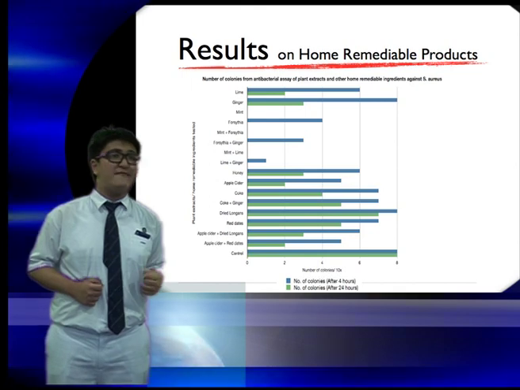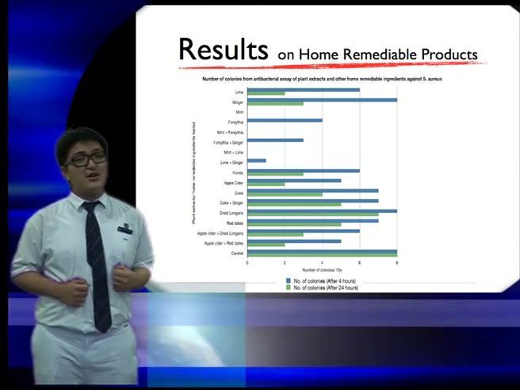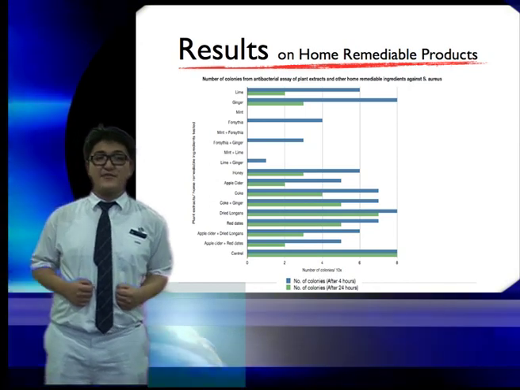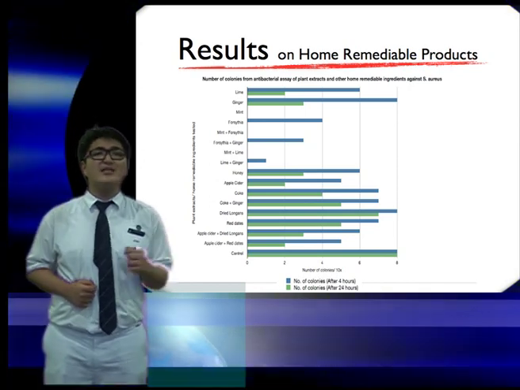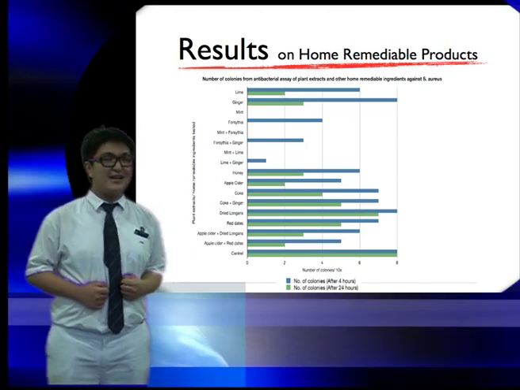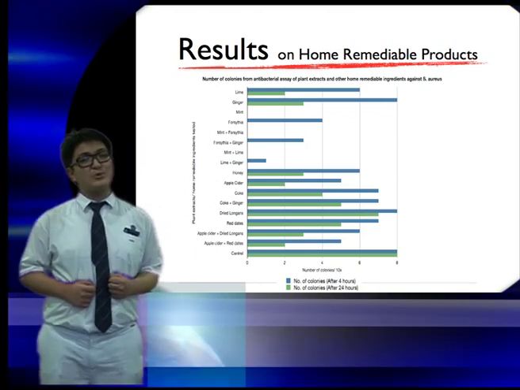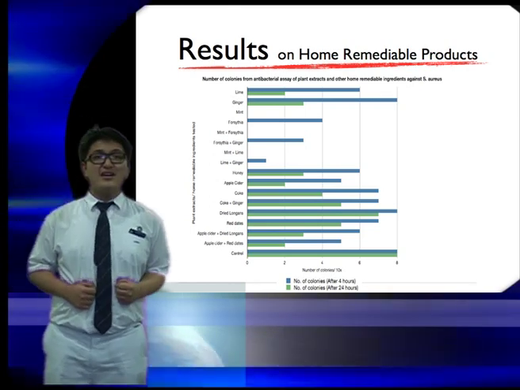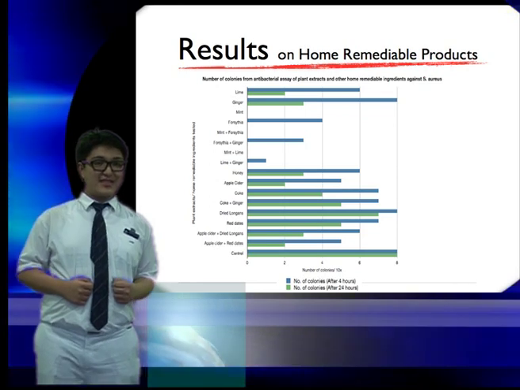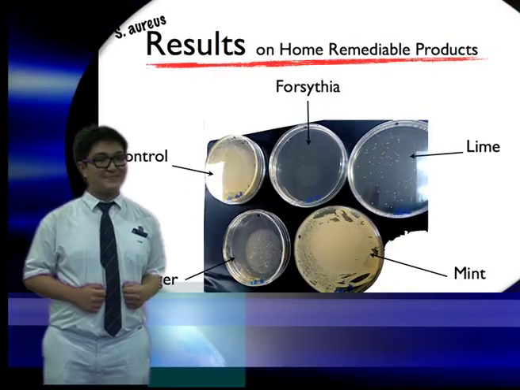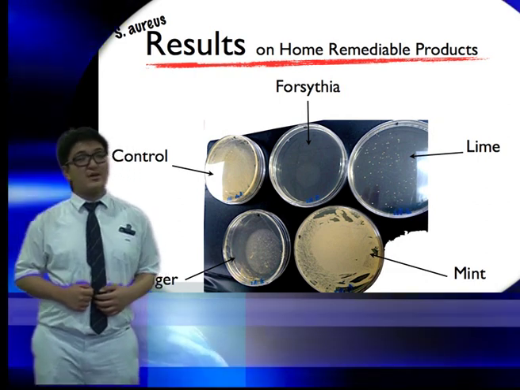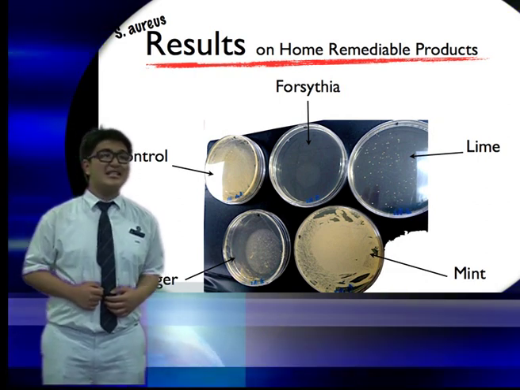However, 90% of mint leaves extracts are found to be contaminated with fungus, and repeated experimentations have shown that fungal contamination was not removed even with UV irradiation and bottling process. However, when mint was used with lime or Forsythia, the fungus in mint was totally eliminated by the other plant extracts. Results have shown that synergistic effect of Forsythia and ginger work best, and second is the synergistic effect of